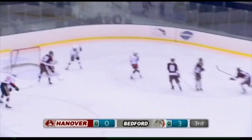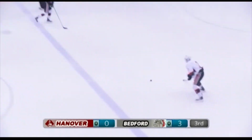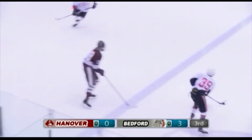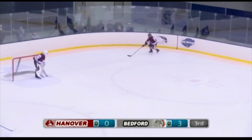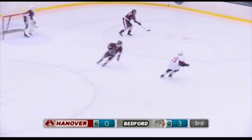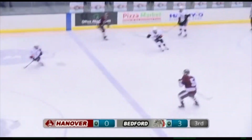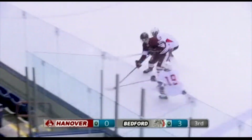Now goes out to the point to Giroux. Blocked into the neutral zone. Giroux goes back to get it. Parker Joyce up to Parker Roberto. Along the blue line. He's got to wait for Sylvain to get onside. He does finally, and Bedford makes a change. Law, pass up the board, too far. Taken over by Giroux. Pass to Owen Roberto,